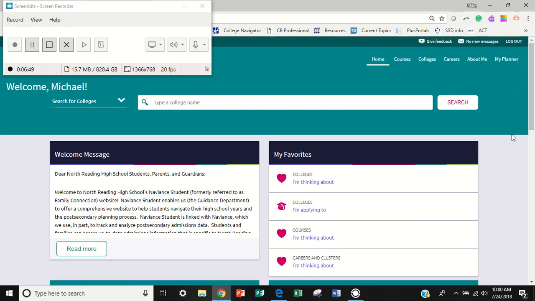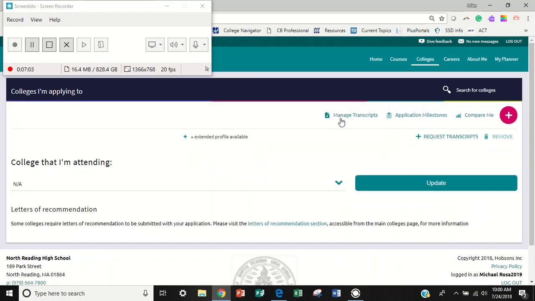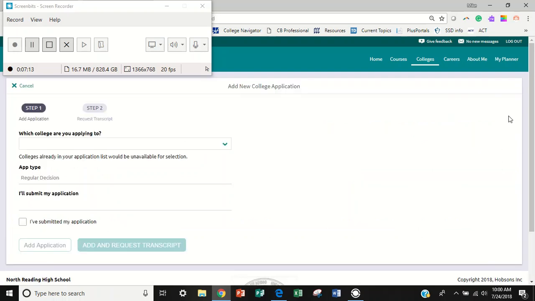So to request a transcript within your Naviance Student account, you are going to go to the colleges section. You're going to go to colleges I'm applying to. And we're going to look for what we refer to as the large plus sign on the right side. So I'm in the colleges I'm applying to section. I'm going to click on this large plus sign. And I'm going to be starting the process for adding a college to my colleges I'm applying to area of